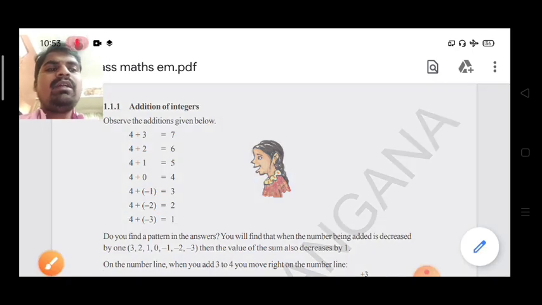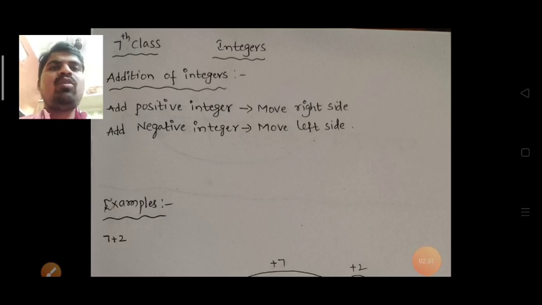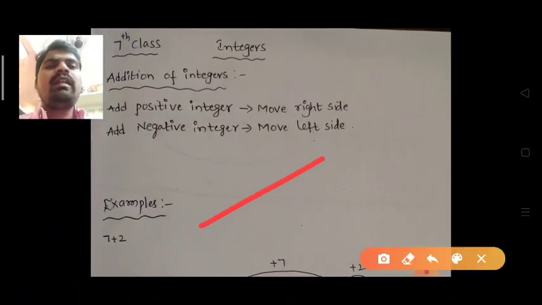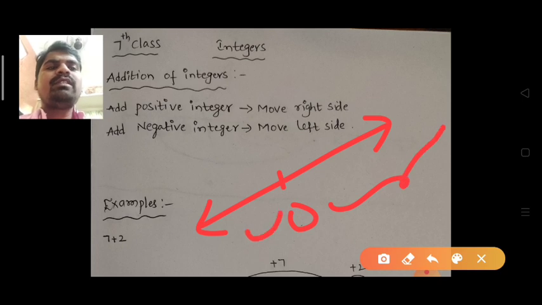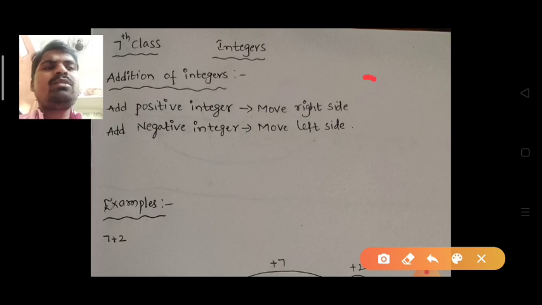So next you have to discuss the number line. Do you know number line? Already yesterday we completed the number line. You know very well the number line. The middle is 0, right side positive, left side negative. So how to complete the answer? By using the number line, addition, whatever it may be, subtraction. So these are very important points here.